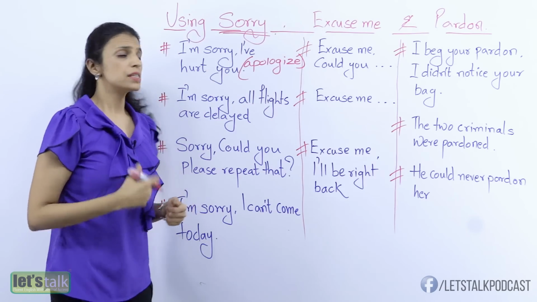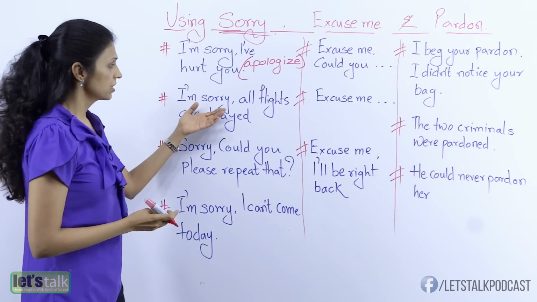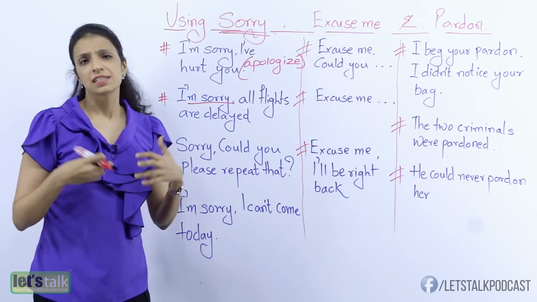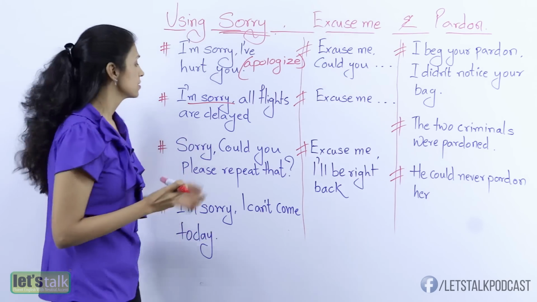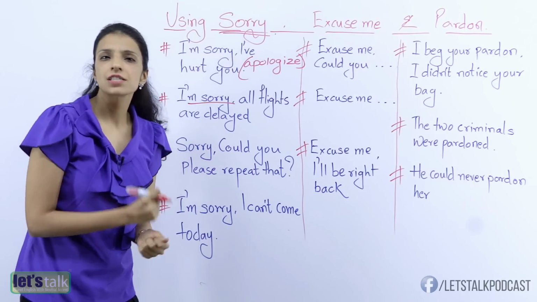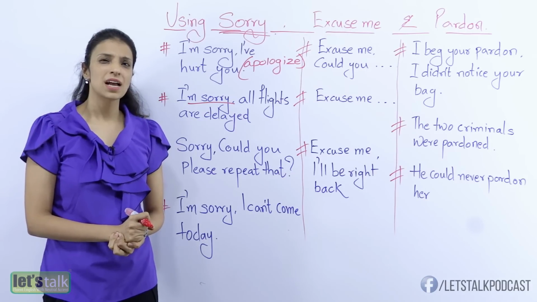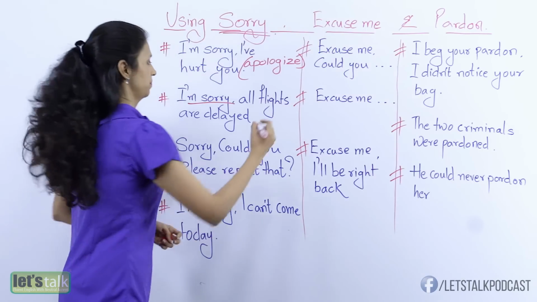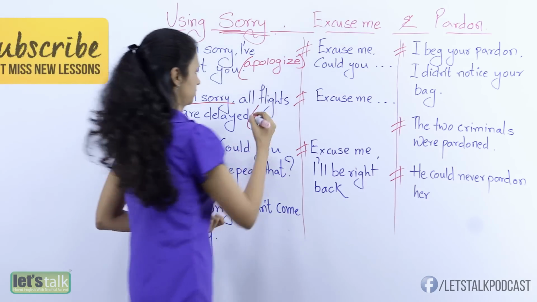All right. But supposing you're in an airport and there's an announcement that says, I'm sorry, all flights are delayed. Now, here, yes, of course, they are making an apology because of some circumstances, the flights are delayed. But here, we are giving unpleasant news. So sometimes when you don't have something good to say, you always kind of start by saying, I'm sorry. Okay? So it's a good word to use when you have something unpleasant to say.